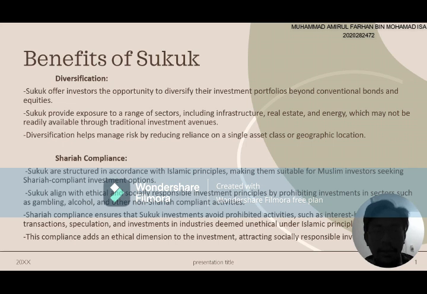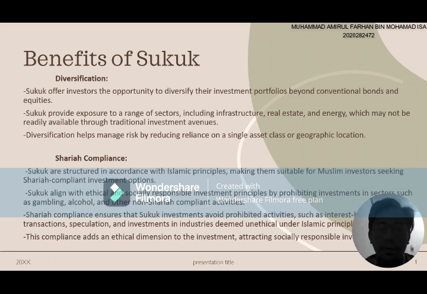Diversification helps manage risk by reducing reliance on a single asset class or geographic location. Sharia compliance. Sukuk are structured in accordance with Islamic principles, making them suitable for Muslim investors seeking Sharia-compliant investment options, whereby we, as Muslims, should find what is halalan tayyiban, just like in Surah Al-Baqarah, wa ahallallahu al-bay' wa harrama ar-riba. Sukuk align with ethical and socially responsible investment principles by prohibiting investment in sectors such as gambling, alcohol, and